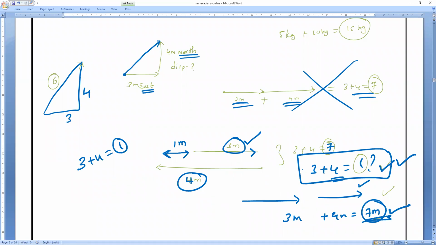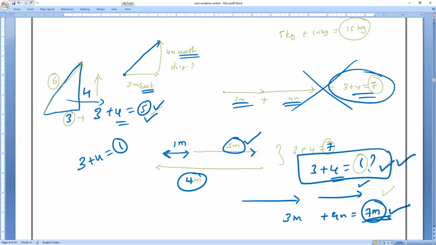Understanding? Now here also, if I say 3 plus 4 equals 5, is it right or wrong? 3 plus 4 equals 7, or 3 plus 4 equals 5? Which is correct? 5, because they are in different directions. This is 3 meters east and this is 4 meters north. The resultant one will always be